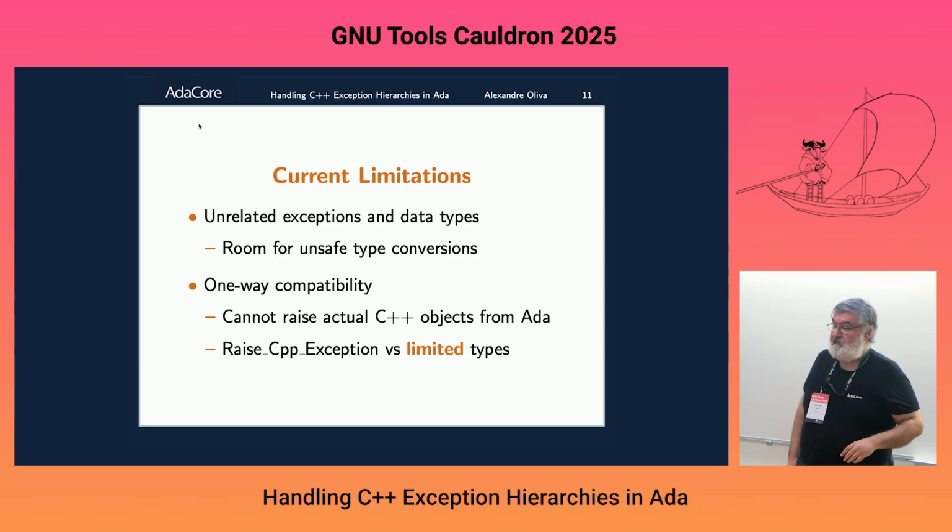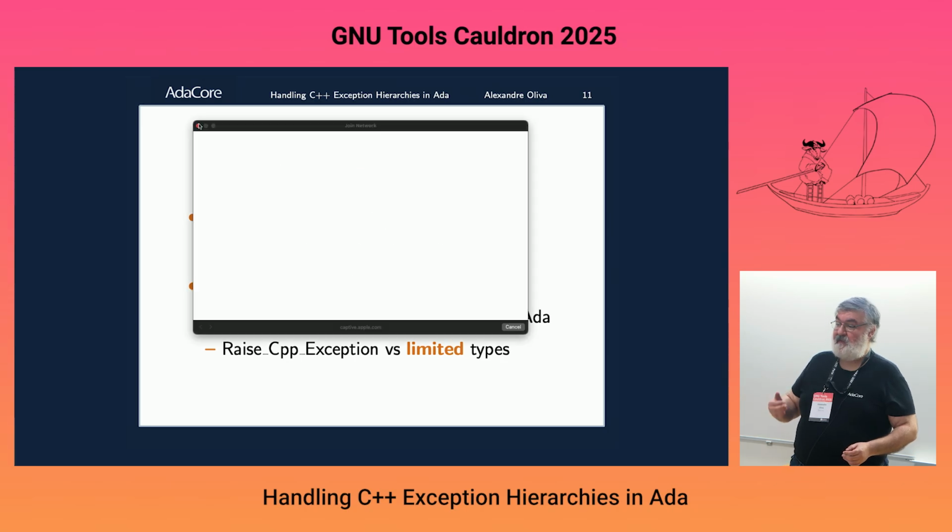The other limitation is that we have only one-way compatibility. You can handle exceptions from C++ in Ada, and there is a generic function that can raise a C++ object exception from Ada that C++ can handle. However, this function